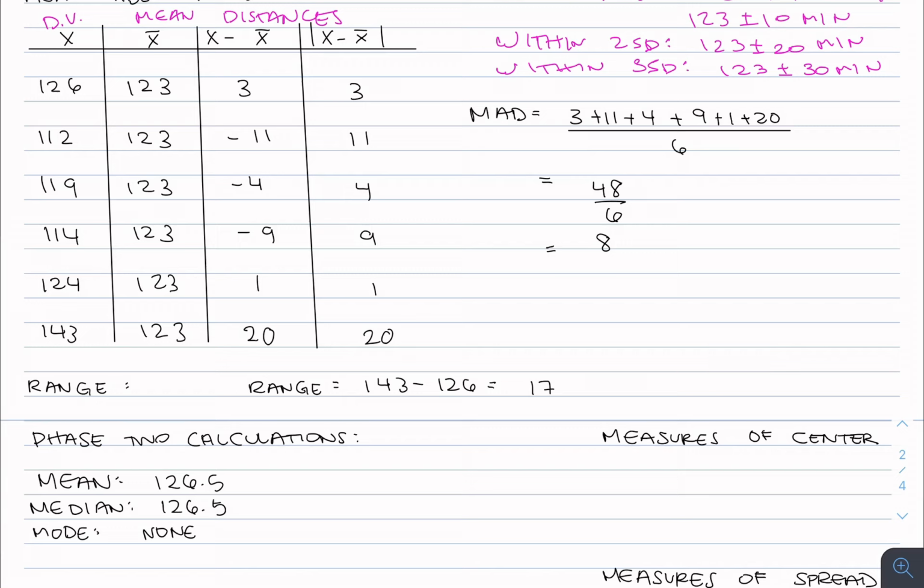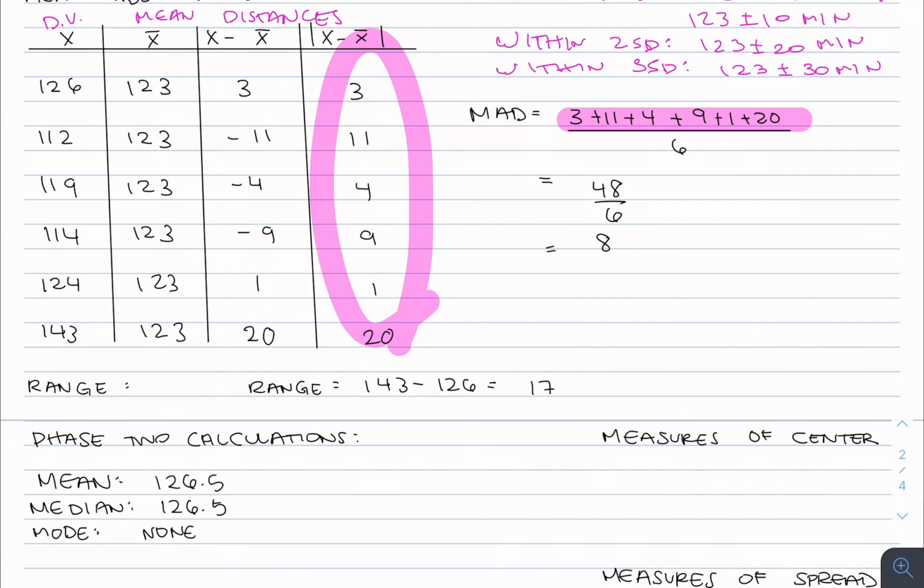We don't want to get 0 for our numerator because then our deviations are all just 0 and that doesn't give us any information. Again, we just add up all those distances, divide by the total number of numbers, and we get 8. That means that every different movie should be around 8 minutes plus or minus from the 123 minutes we found for the mean